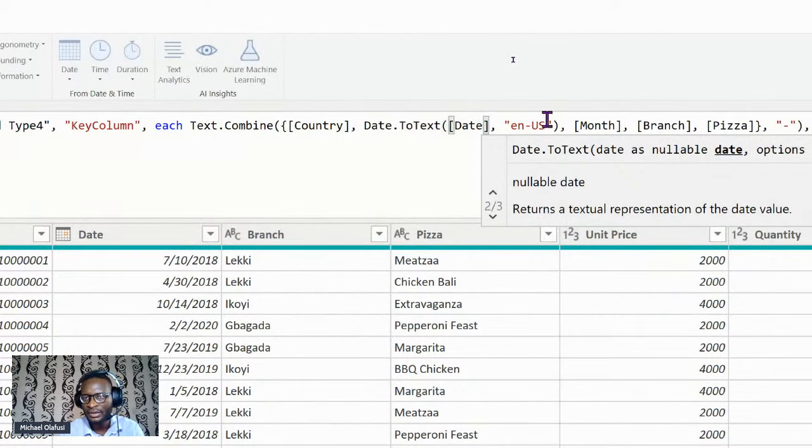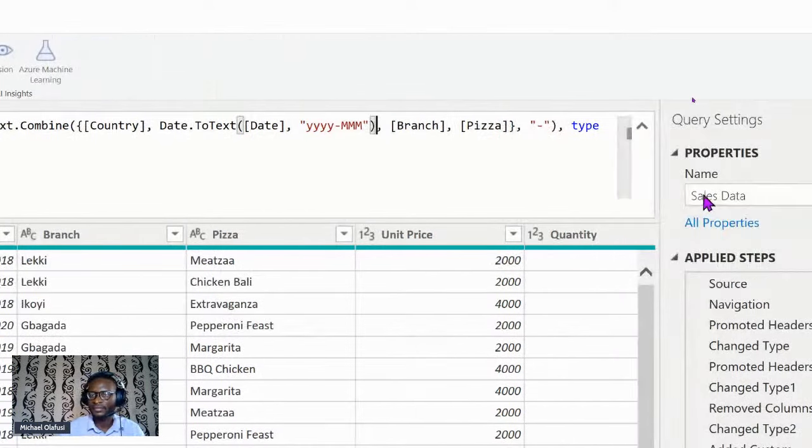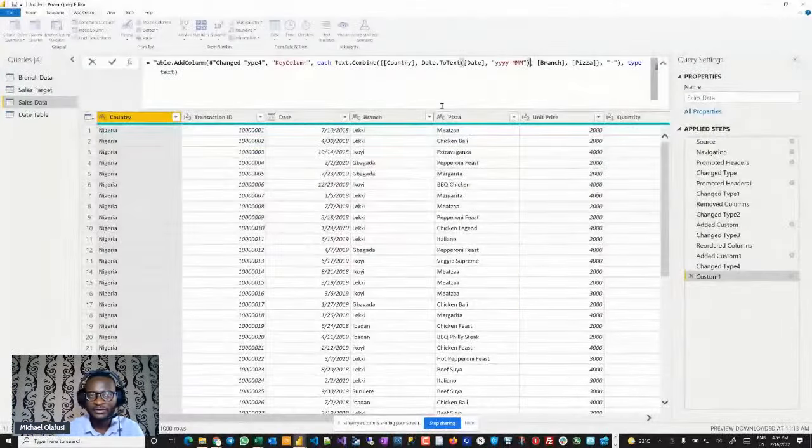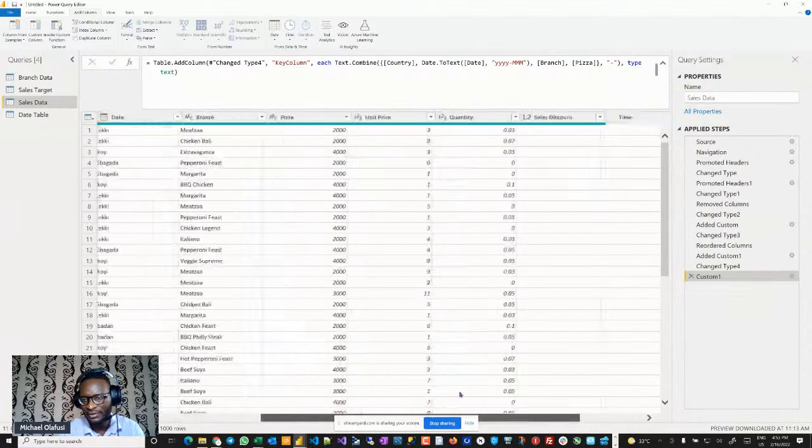And then I want it to show as year and month, right? So I need it to show as year, 4 letters, and then month, 3 letters. So that way I don't need this anymore. And that's it. So you can reuse what you've done previously. Hopefully this should work as I expect. Let's go check the outcome.